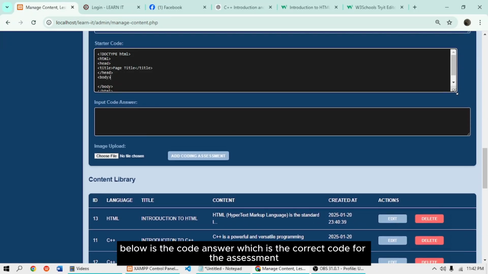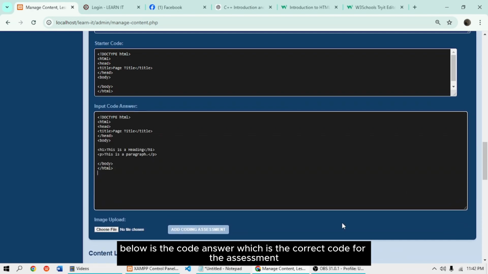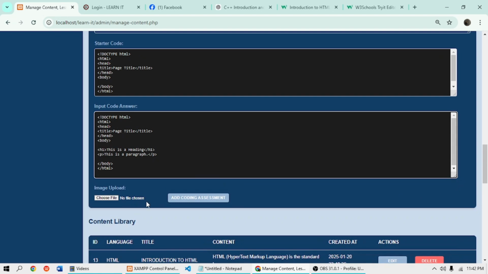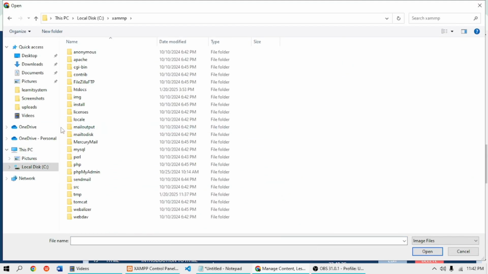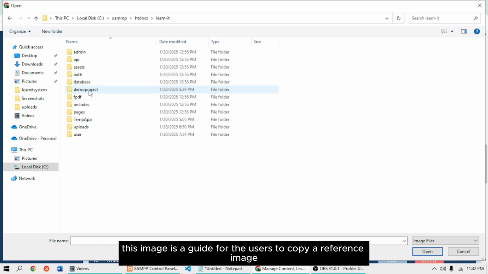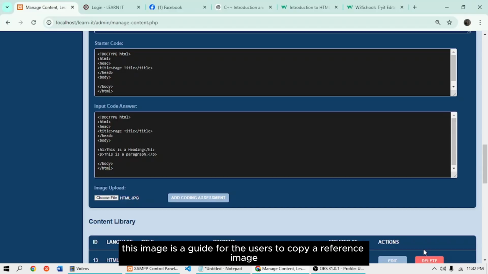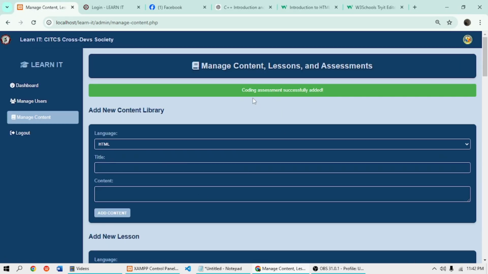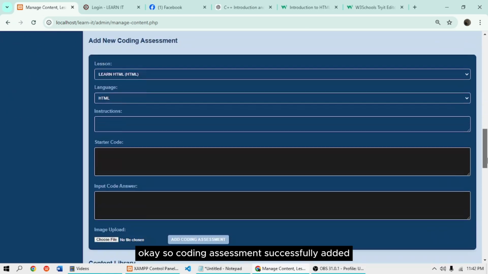Below is the code answer, which is the correct code for the assessment. Underneath is the file uploader. This image is a guide for the users to copy a reference image. Okay, so coding assessment successfully added.